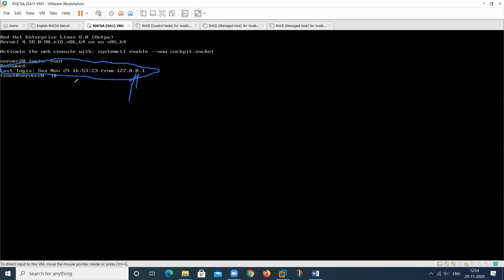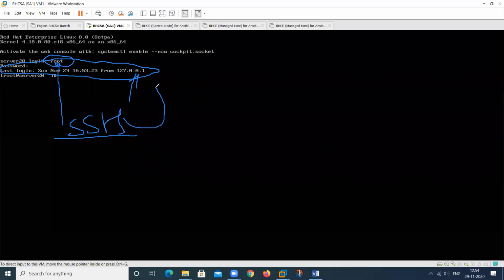Okay. It indicates this user last logged in by a remote program, that is SSH. It means remotely logged in locally. If we log in through any other IP, this will show me that IP also. So this shows the last login information.